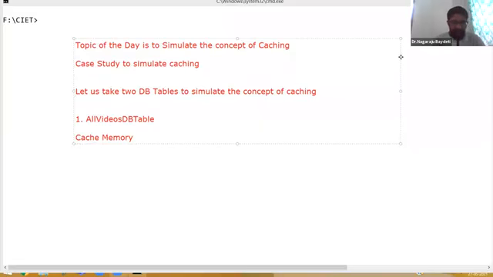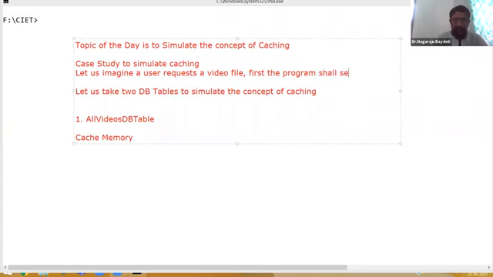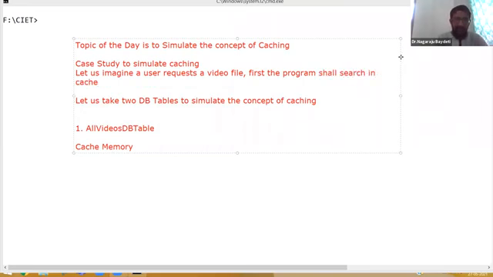The case study is, let us imagine a user requests a video file. First, the program shall search in the cache table.